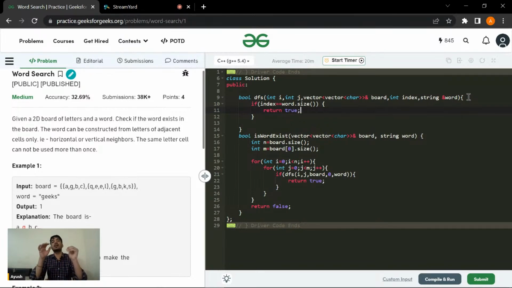And what is the other base case? The other base case is when the current cell is invalid. You might think that we are calling this dfs function within the appropriate limit, that is i is less than n and j is less than m, but we blindly make the recursive call for all four neighbors. So this function will simply